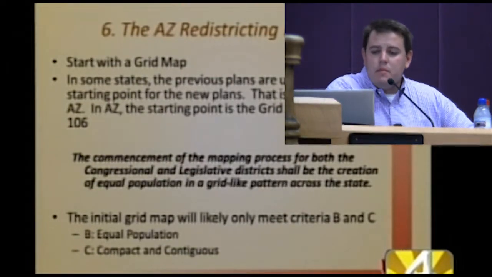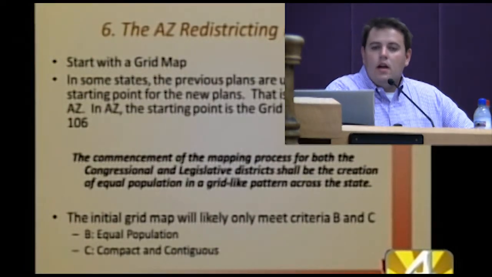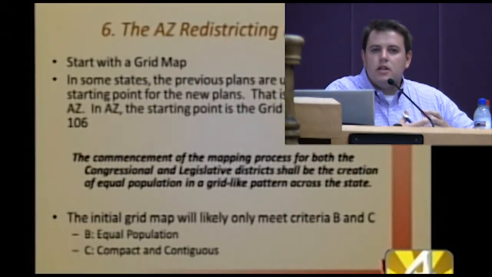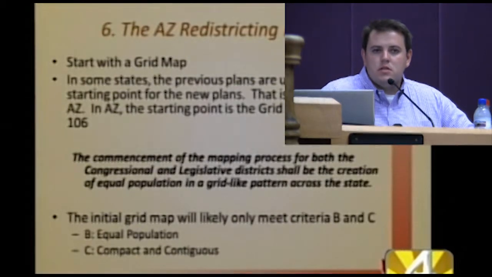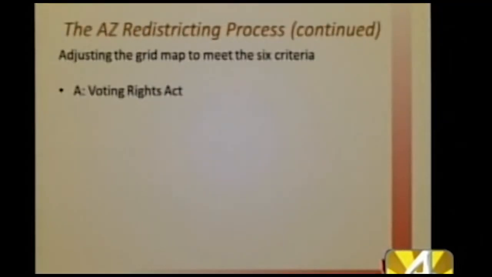The commencement of the mapping process for both the congressional and legislative districts shall be the creation of equal population districts in a grid-like pattern across the state. This initial grid map will likely only meet criteria B and C, which are equal population and compact and contiguous districts. Once it's been established, the grid map is altered to meet the other criteria, the first of which is